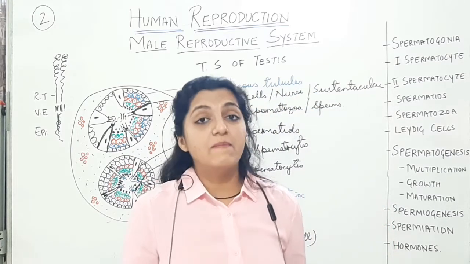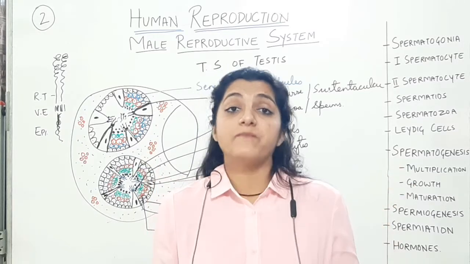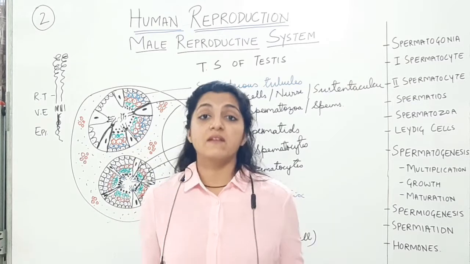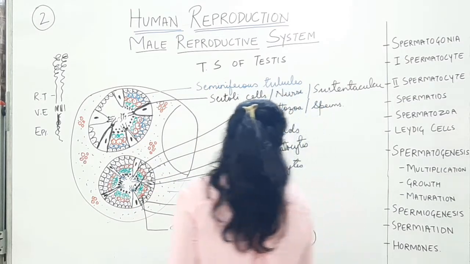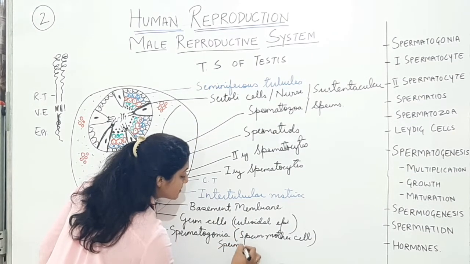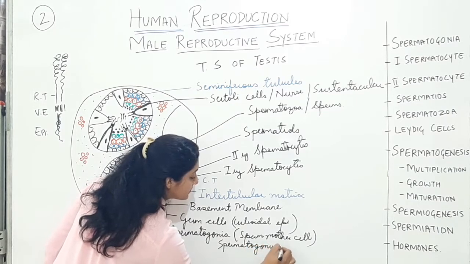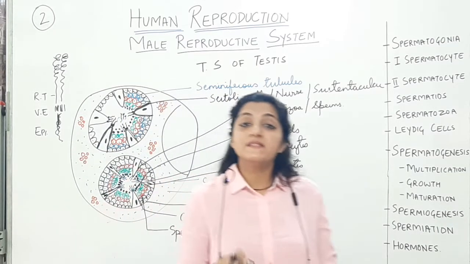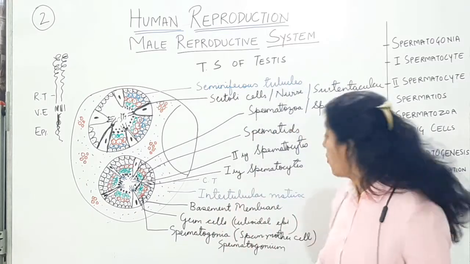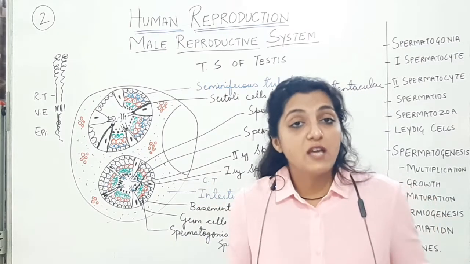They are going to multiply in huge numbers. They are going to produce spermatogonia. Okay, spermatogonia is plural because many are being formed. If I want to write down singular, I will write spermatogonium. Spermatogonium is singular, spermatogonia is plural. These spermatogonia are going to grow in size, which is because of the accumulation of food.